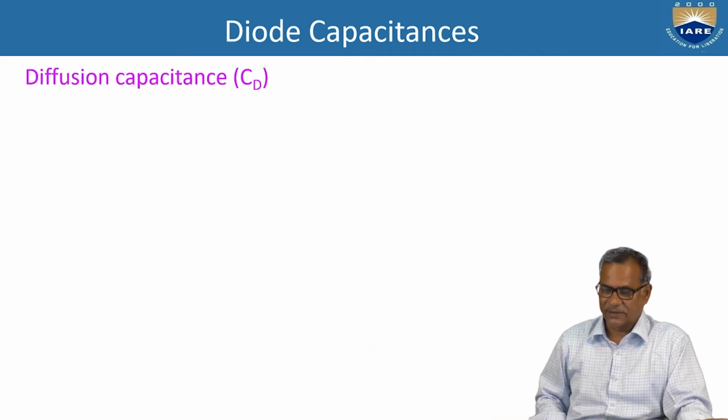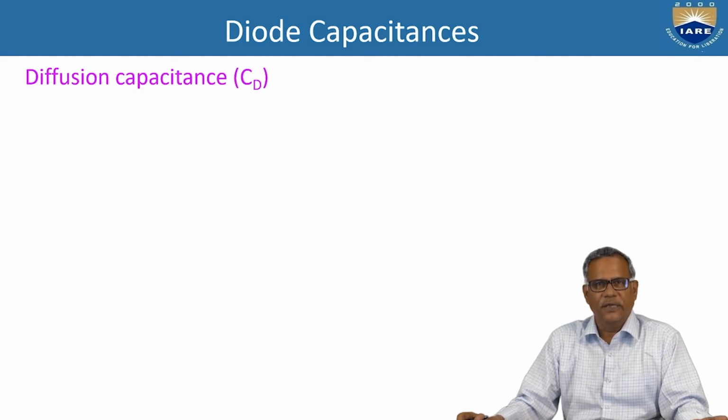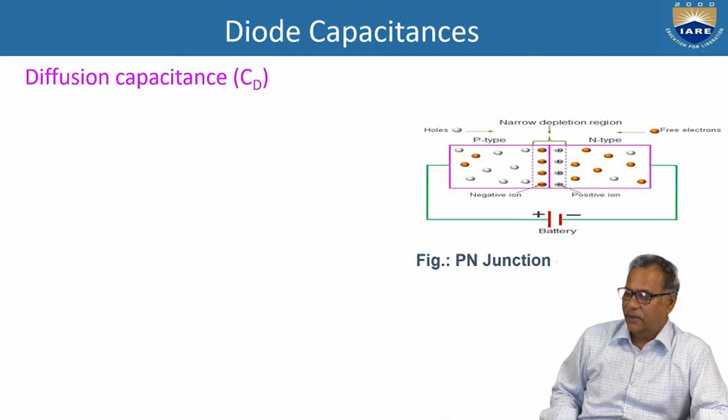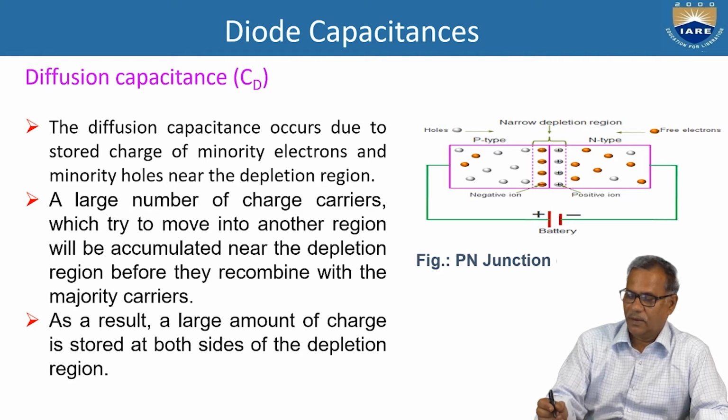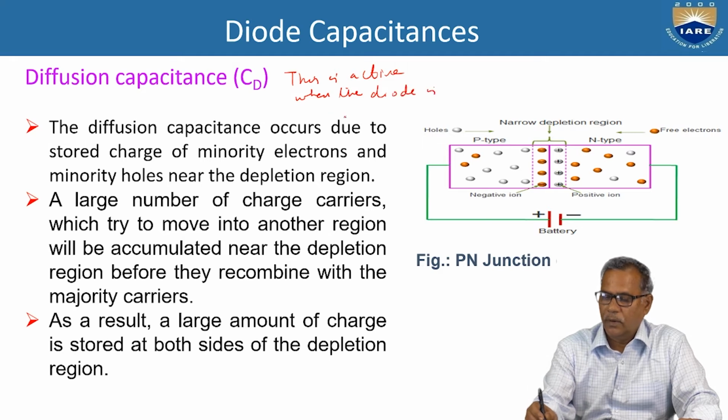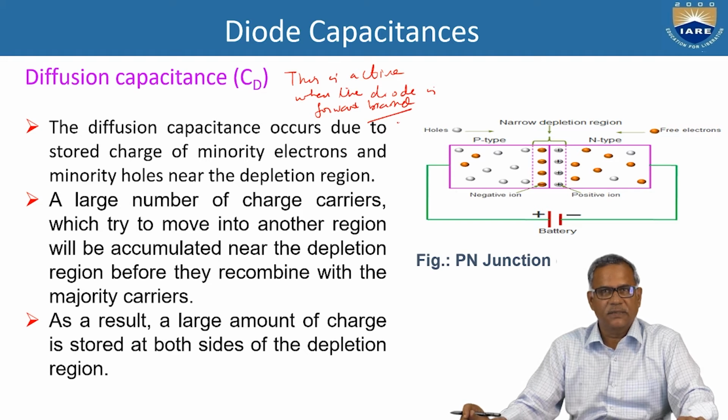And there are two types of capacitances with the diode: diffusion capacitance and transition capacitance. So diffusion capacitance is active when the diode is forward biased. Okay. So the diffusion capacitance occurs because of stored charge of minority electrons and minority holes in the